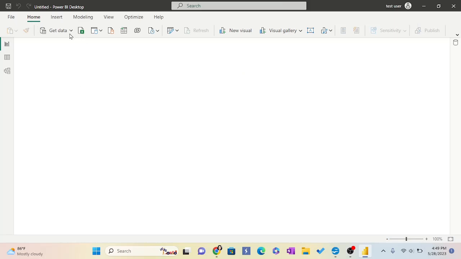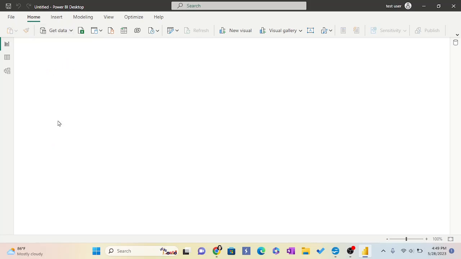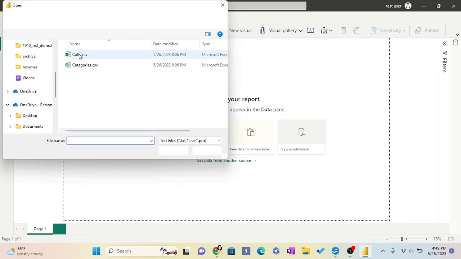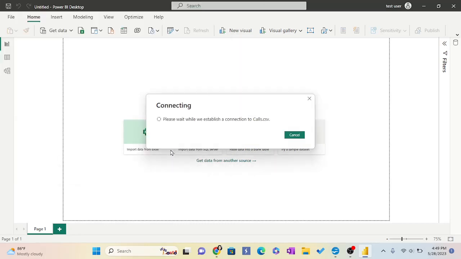So here I'm going to go to get data and click CSV file. As I said, I have 2 files, that is calls and categories. These 2 files I'm going to load and then click transform data and start cleaning the